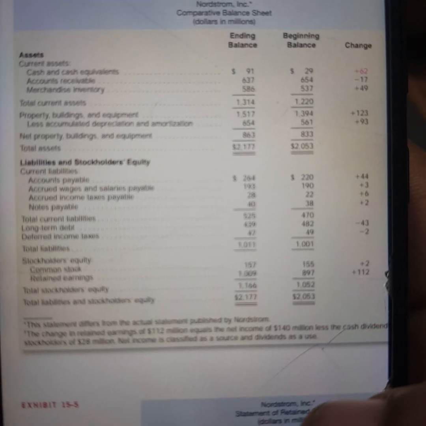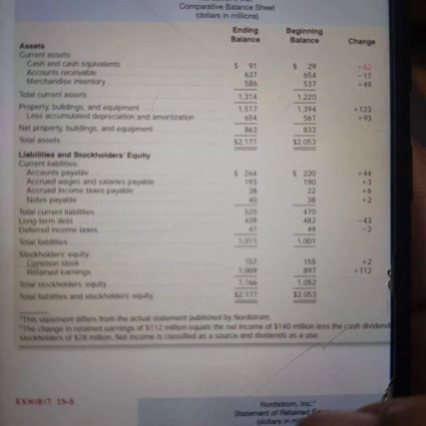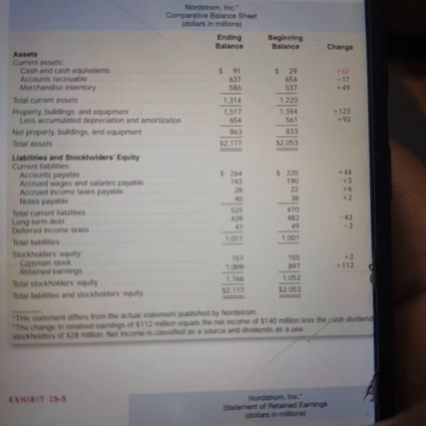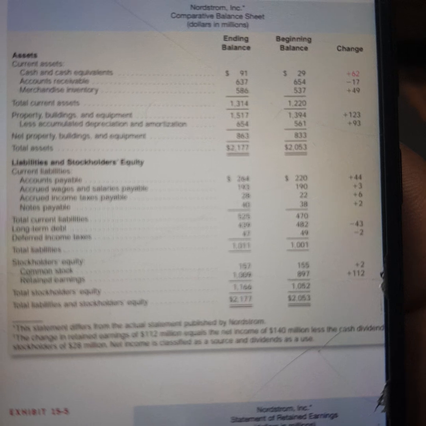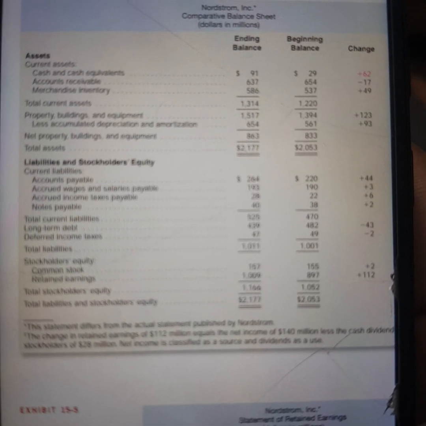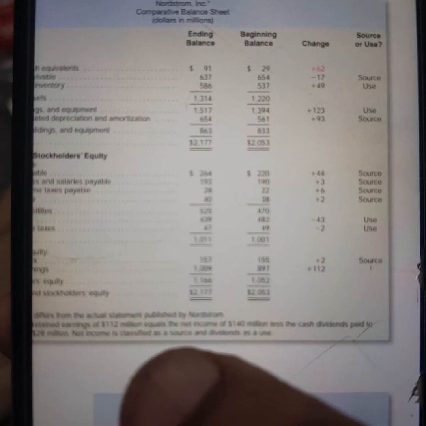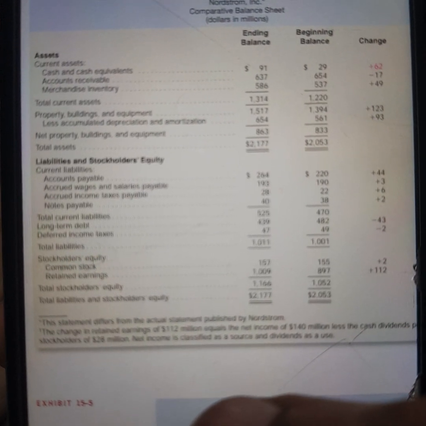Now to explain the term of source and use, we have some examples. In this balance sheet, if you focus on accounts receivable, the ending amount was 637, but when the new year started, it increased to 654. The change is minus 17. So what will it be called? It will be called a source,